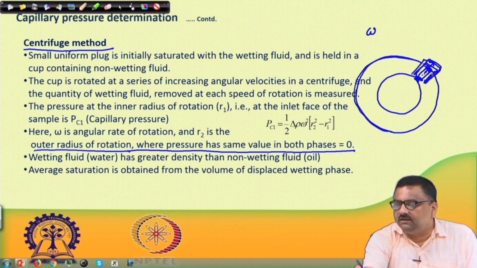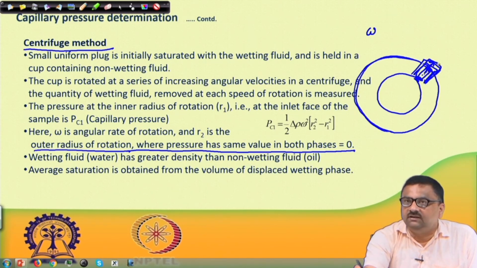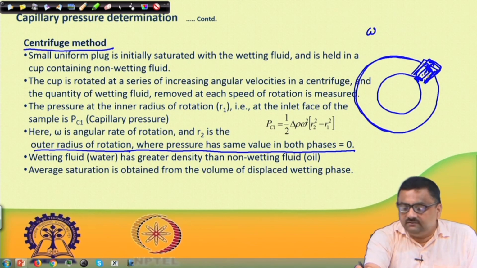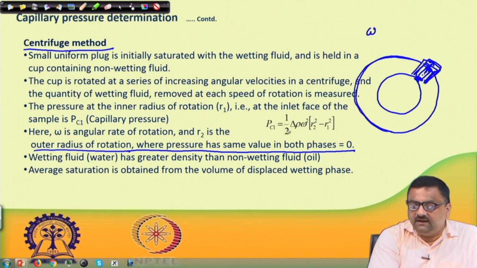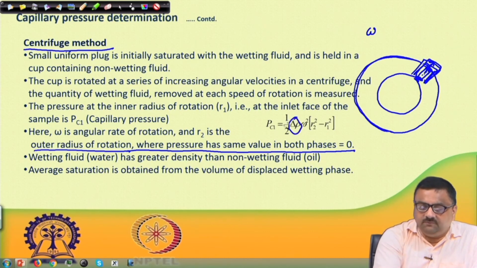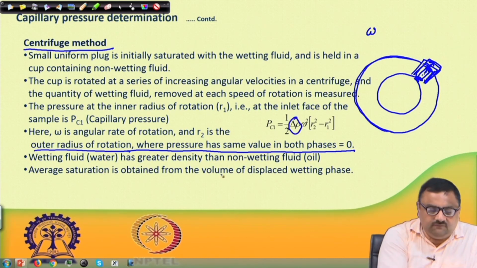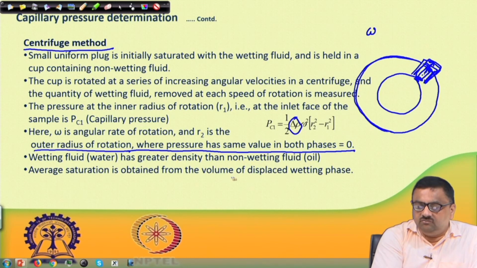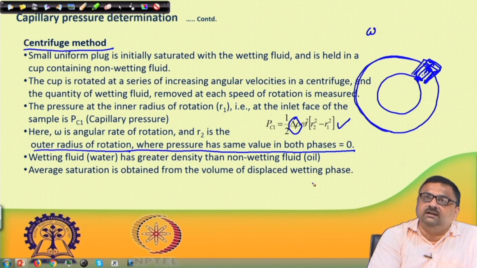The cup is already there, but the wetting phase will be coming out of the porous plug, and in that place the non-wetting phase will enter. And what is that pressure difference? That is half delta rho omega square (R2 square minus R1 square). Wetting fluid has greater density than non-wetting fluid, so delta rho would be positive. Average saturation is obtained from the volume of displaced wetting phase. So, for a particular omega, this is the capillary pressure, and the corresponding saturation is measured